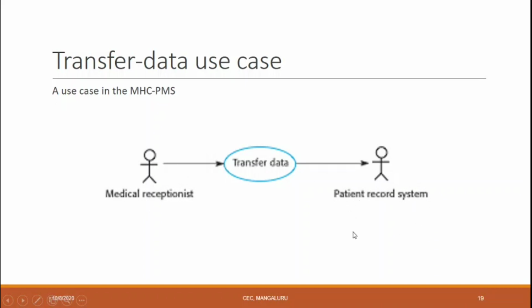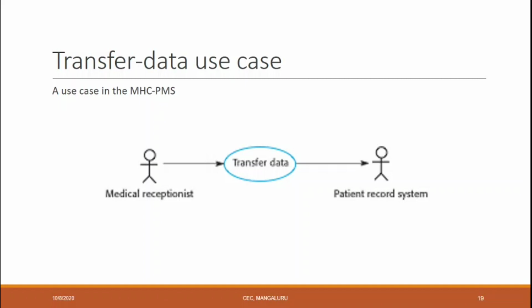the system. So this can be an example of a medical use case diagram using a medical receptionist and patient record system. Here you can see the use case is shown as an ellipse, and the actors involved in the use cases are represented by a stick figure, and each use case represents a discrete task. That is nothing but it divides the task into a subsystem that involves an external interaction with the system.